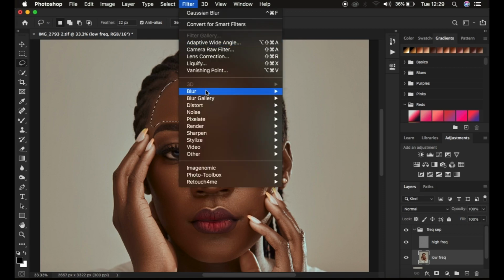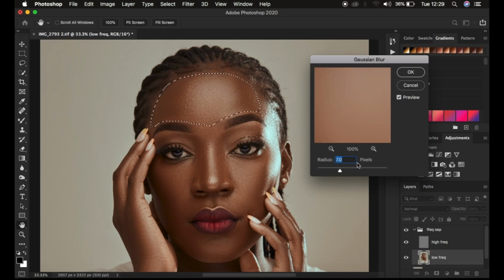So just come to filter, come to blur, come down to Gaussian blur, and you can notice that it brings back the original radius we had for our frequency separation. So simply take that radius up to the point where you're getting a nice texture for your image. At around 20, that is when I'm getting a natural, better and realistic skin texture for this image, and stop right there, and that is going to be natural enough. If you don't have the time to do the guesswork, simply multiply the radius that you had for your image by 3. So type in that value. In my case I used 7, so 7 times 3 is 21. I'll just delete 7 and type in 21, and you can see that we have a better, real skin